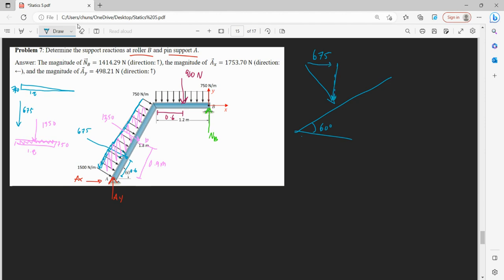So let's break our components up. And let's break up the length of our triangle as well. I'll draw this neater. So if point C is at the top of our triangle, then our geometry,